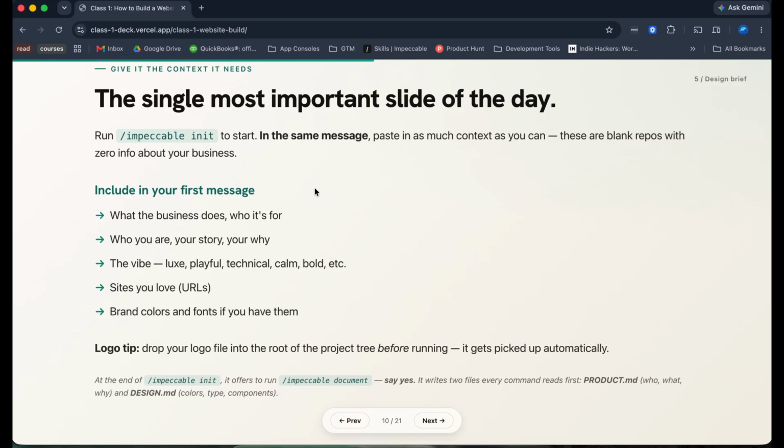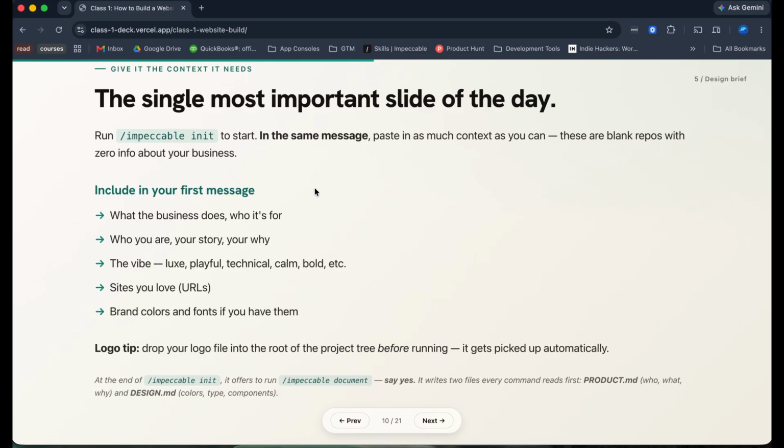Now, this is project specific, so if I were to do another website, I'd want to run this command again so that it has the context for that other project. And it's really important to run this before you start building. What's also important to know is the more information you give it, the better it will perform. You can give it your logo, your brand kit, colors, any assets you have. Give it everything, and it'll figure out what to do with it. And whatever it's missing, it'll ask you.